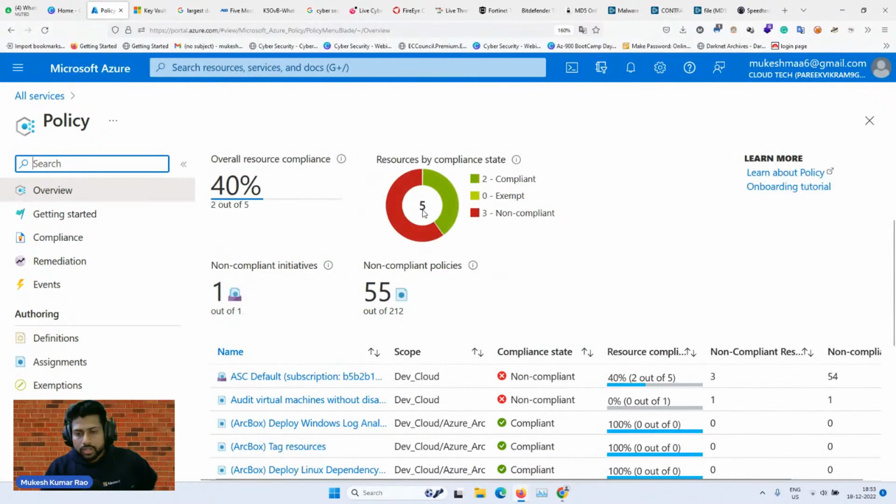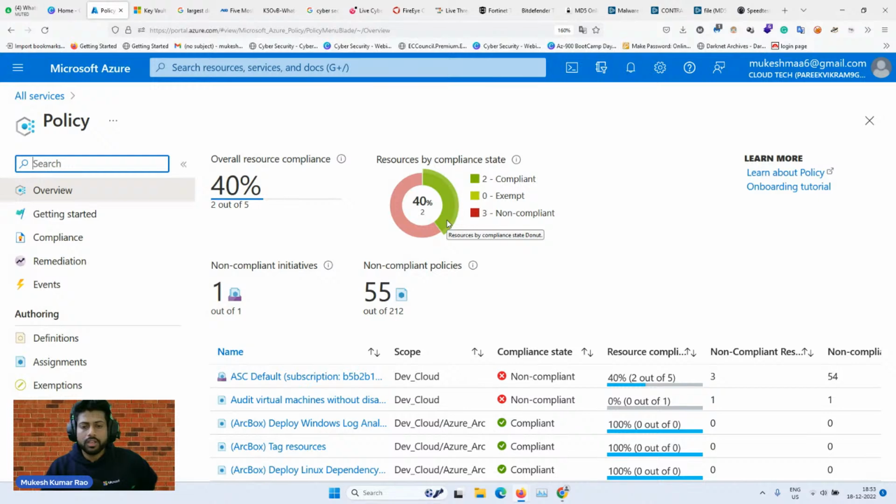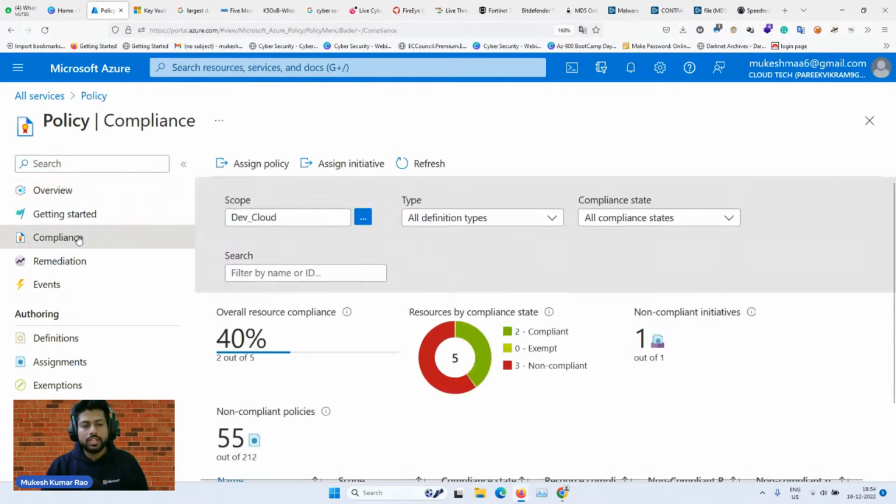If you have a good compliance score, that means the company is running very well, they are providing the services very well, and they are following all the standard security procedures properly. If the compliance is less than 50%, there is a doubt whether we should go for this network architecture or the cloud architecture. That is one path we have. This suggestion you will get in the policy section of Azure Policy, and there is a compliance part.